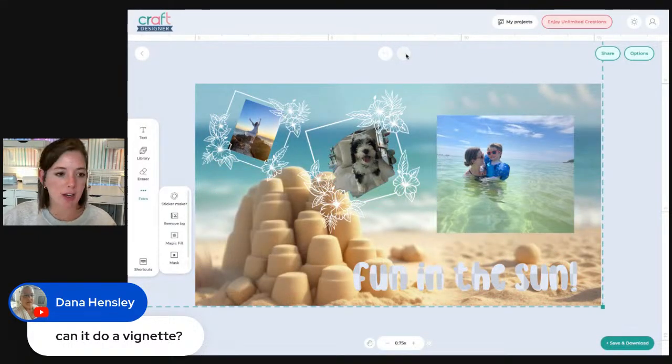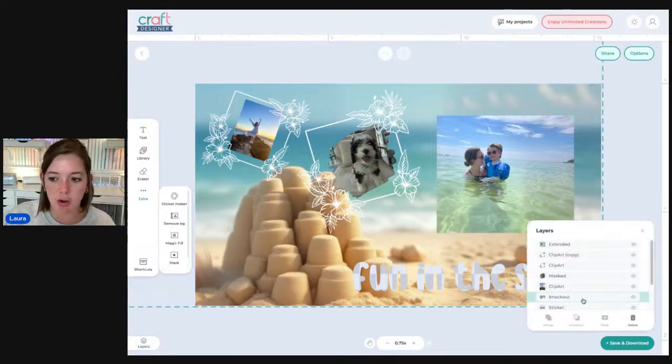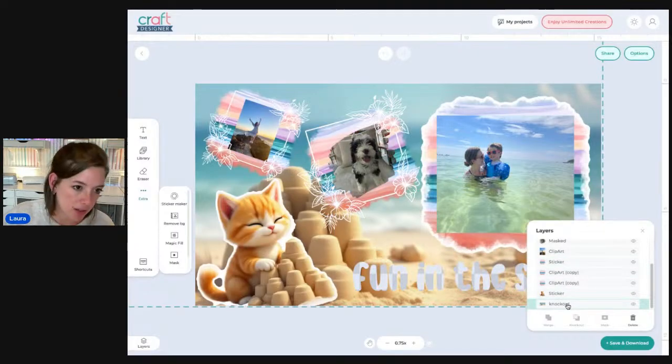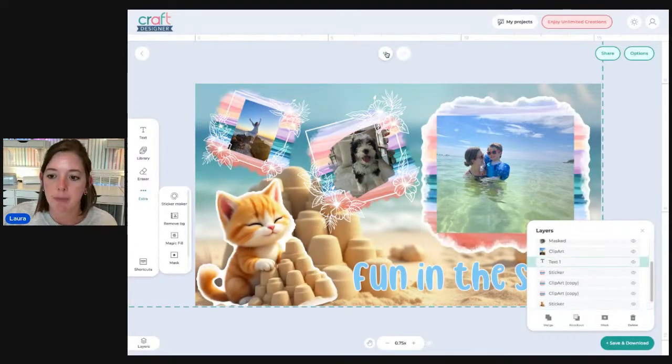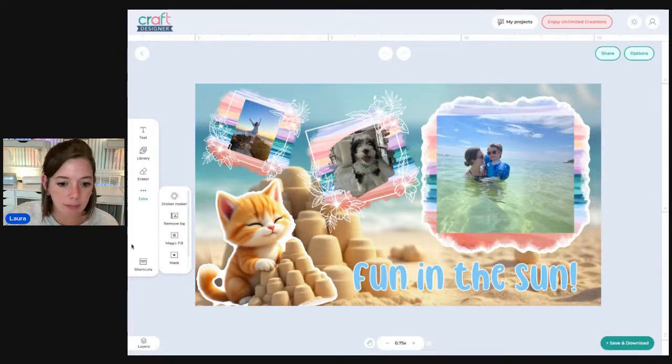Also, when you saw me do that, you saw everything else go away. It didn't actually go away. It just makes your knockout go up to a higher layer. So you just have to drag it back down so you can see everything else. But that's a fun thing to play with too, is knockout. Deb, I hope you're overwhelmed in a good way. There's just so much to play with.